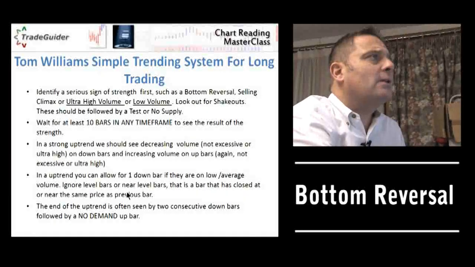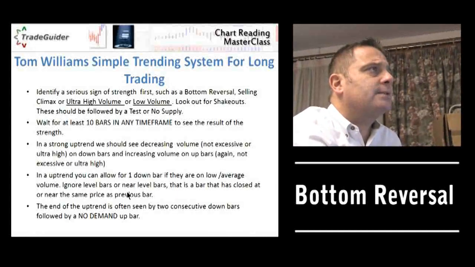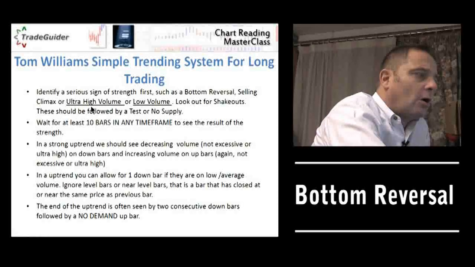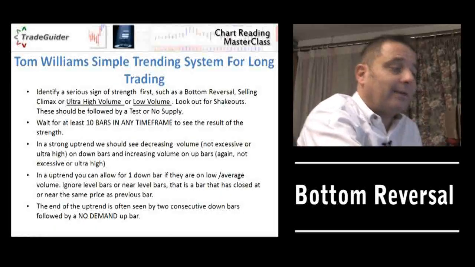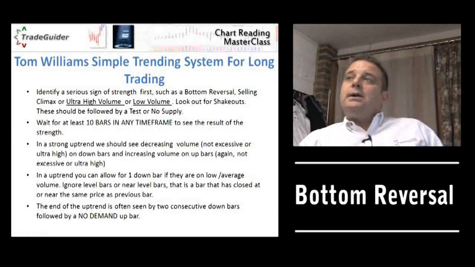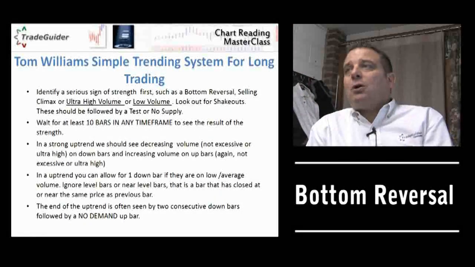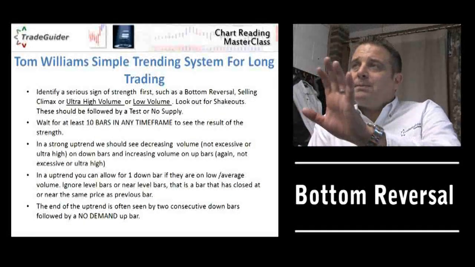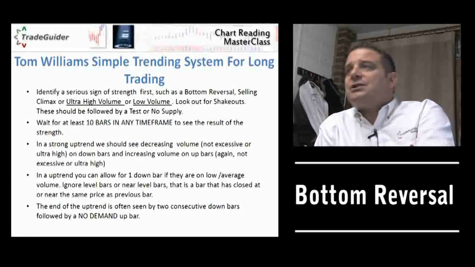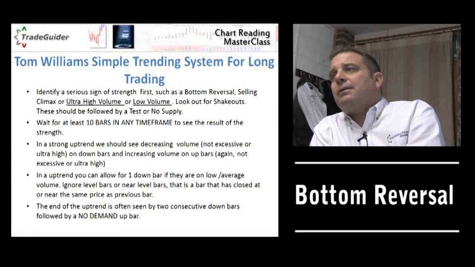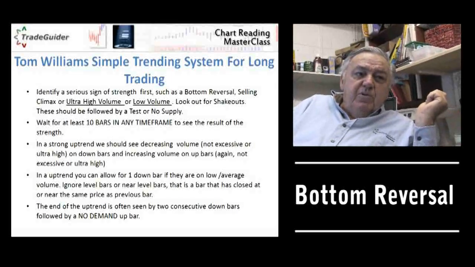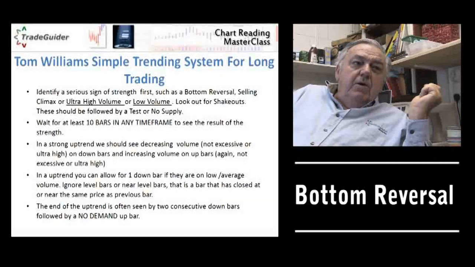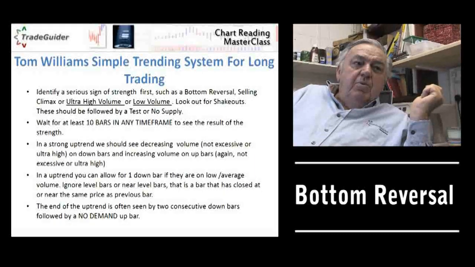In the first bullet point, sign of strength, is it ultra high volume or low volume, or is there missing context? No. Sign of strength can be ultra high volume on a down bar or low volume on a down bar. Now that, again, will confuse. So, strength in the market: ultra high volume down bar, wide spread, next bar up, like a shakeout. How can that be strength? We always remember that strength, when it appears, always appears on the down bar. When weakness appears, it will always appear on an up bar.